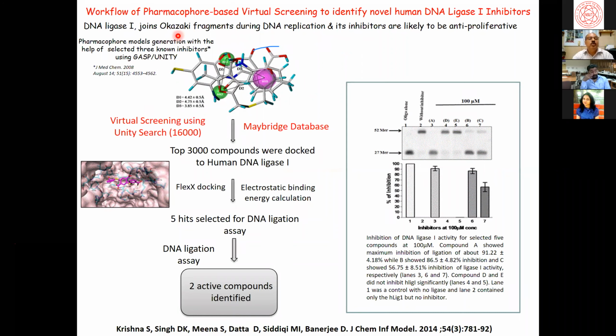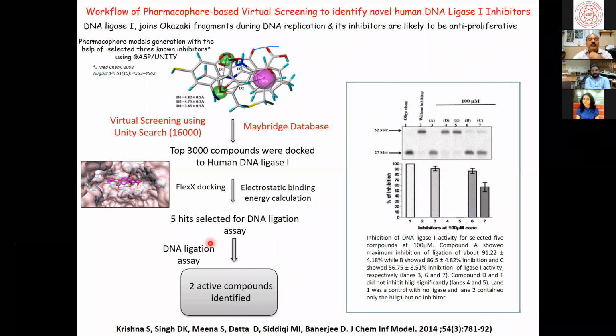So this included a set of known DNA ligase molecules taken from the literature, which was used to develop a pharmacophore model based on the common features in the known inhibitors of the protein. Here she used GASP and Unity of Sybil at that time,